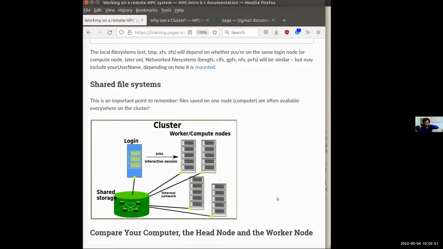On our clusters, it's a bit more complicated because we have a shared storage, which is important because every compute node and the login nodes should all have access to the same information, so that if you put your data files for your analysis onto the server, everything can access them.